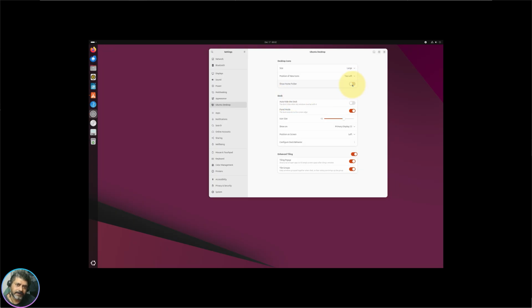If you click this, it will be gone. Show home folder. So this is home folder you can do, and here auto hide dock. If you select this, it will be gone. It will automatically hide this. It should work now. See, okay,